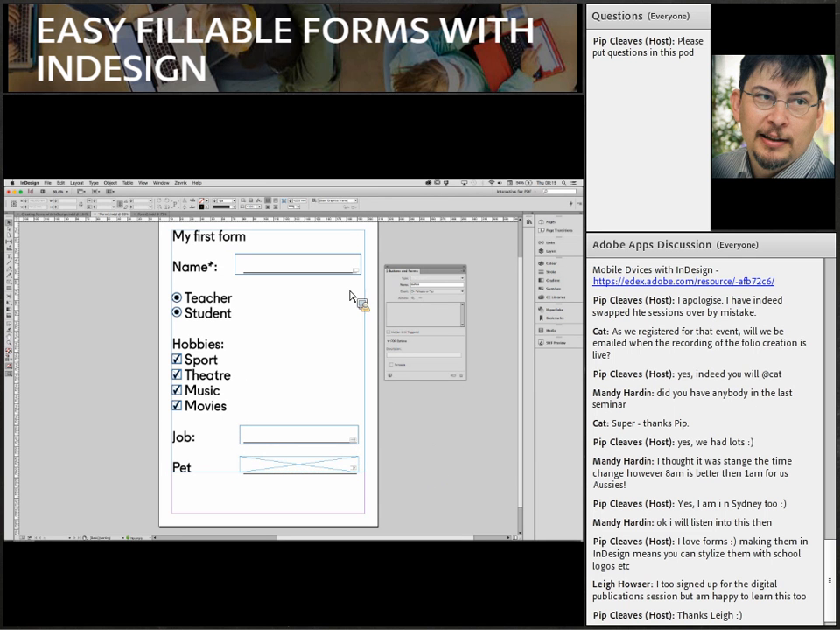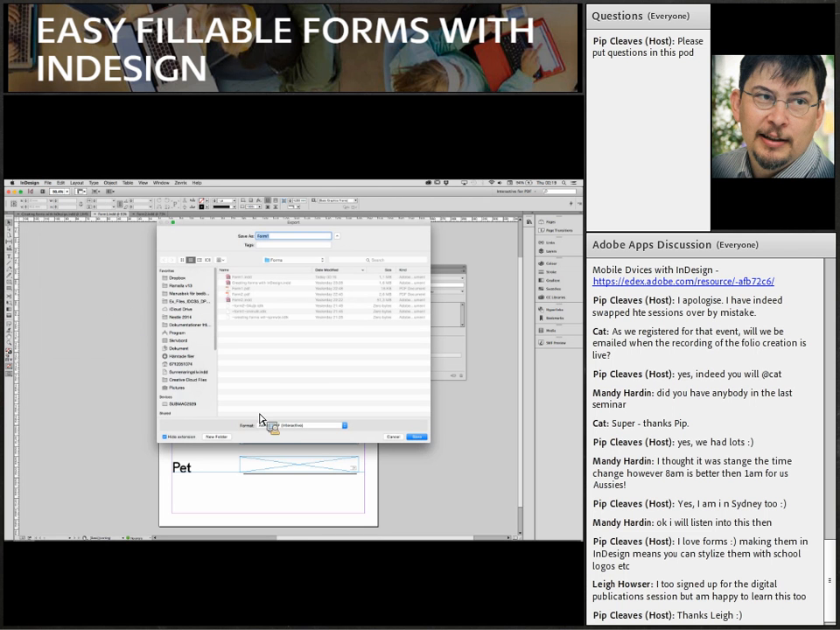So now I've done my form. I will save it, and the way I will check if it's working is I will export it, and that's File, Export, which has the shortcut Command E. And the export format I will choose is not the one for print, because print does not allow any kind of form